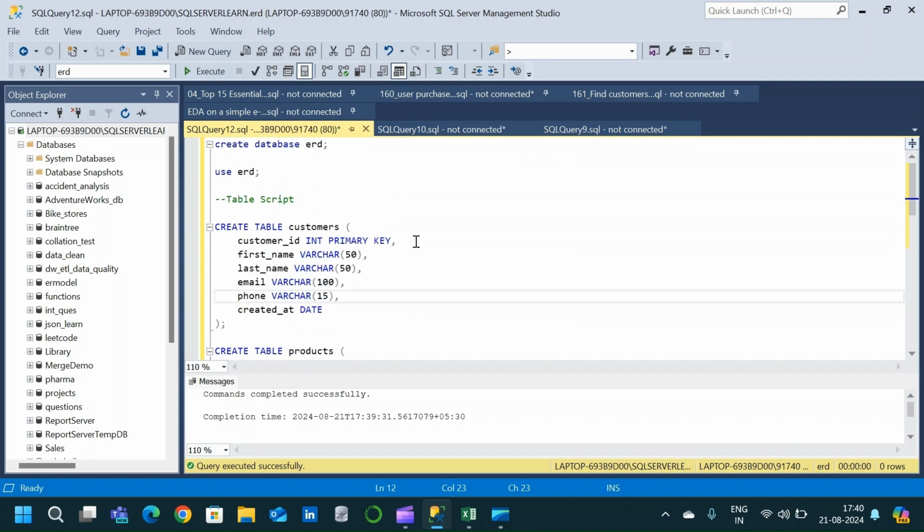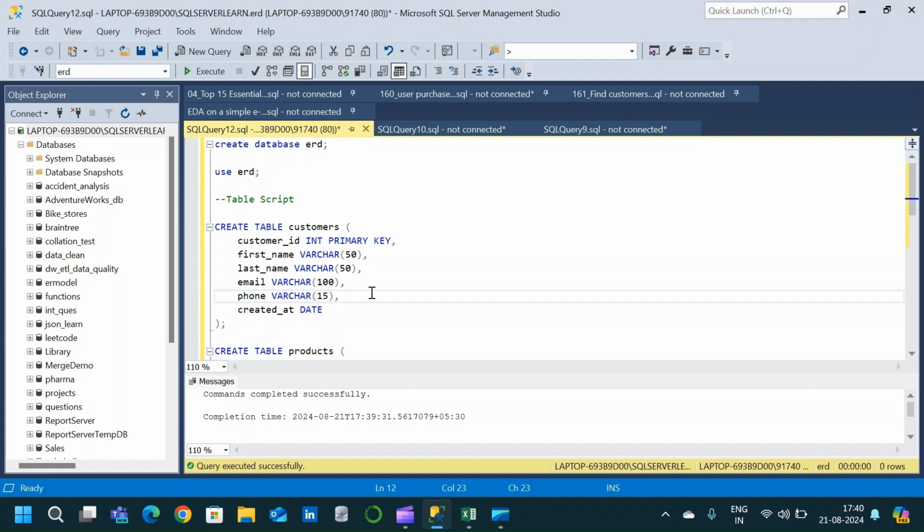First, let us go and create the customer table. In the customer table, we have to make sure that we define the primary key and the foreign key properly so that when we create the entity relationship diagram, the relationship will automatically appear in the diagram. Otherwise, we will have to manually create the relationship. By defining proper relationships, that is, by defining primary key and foreign key, the relationship will automatically appear in